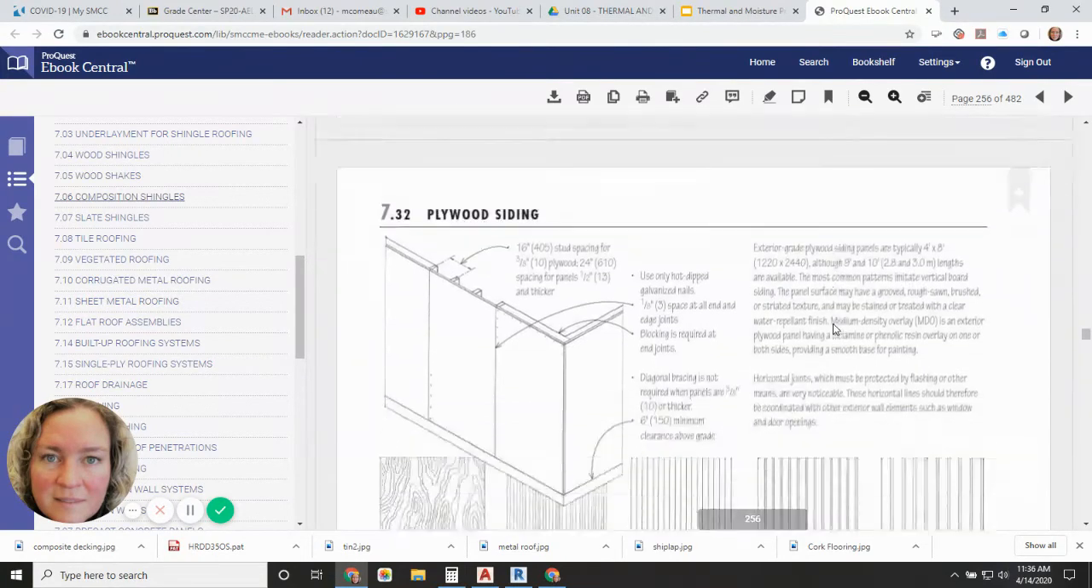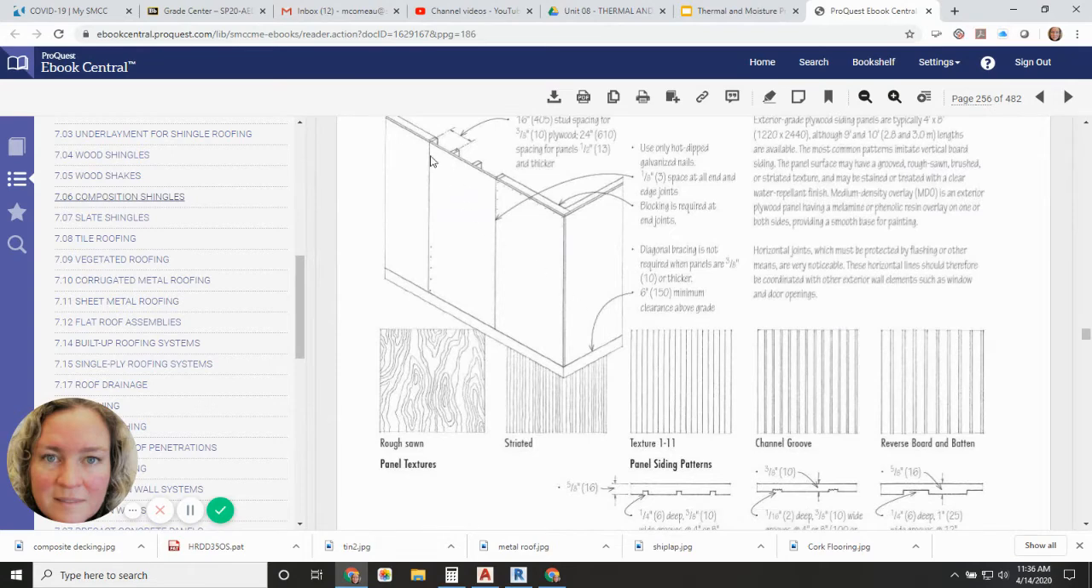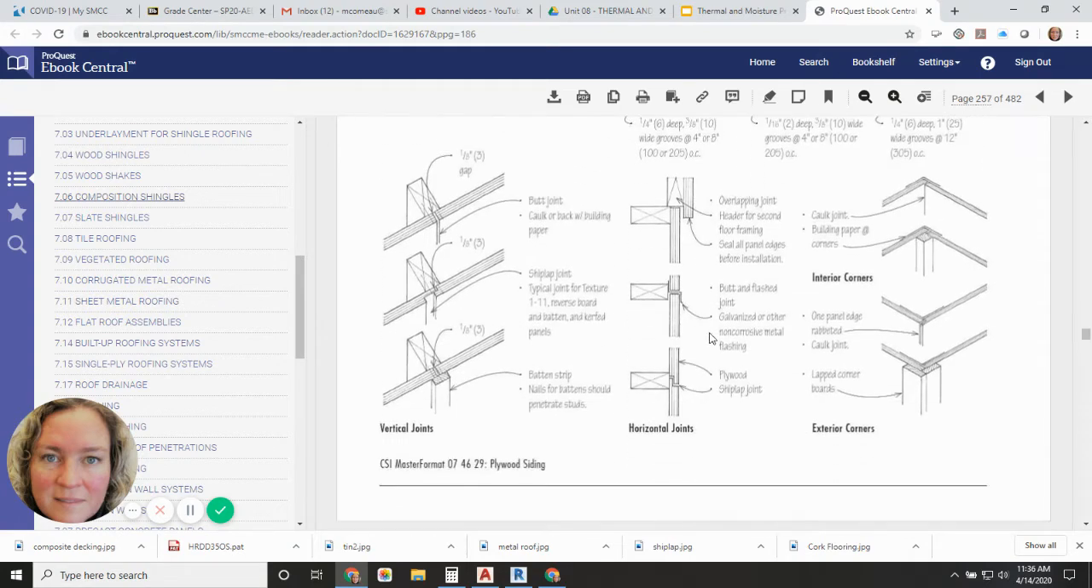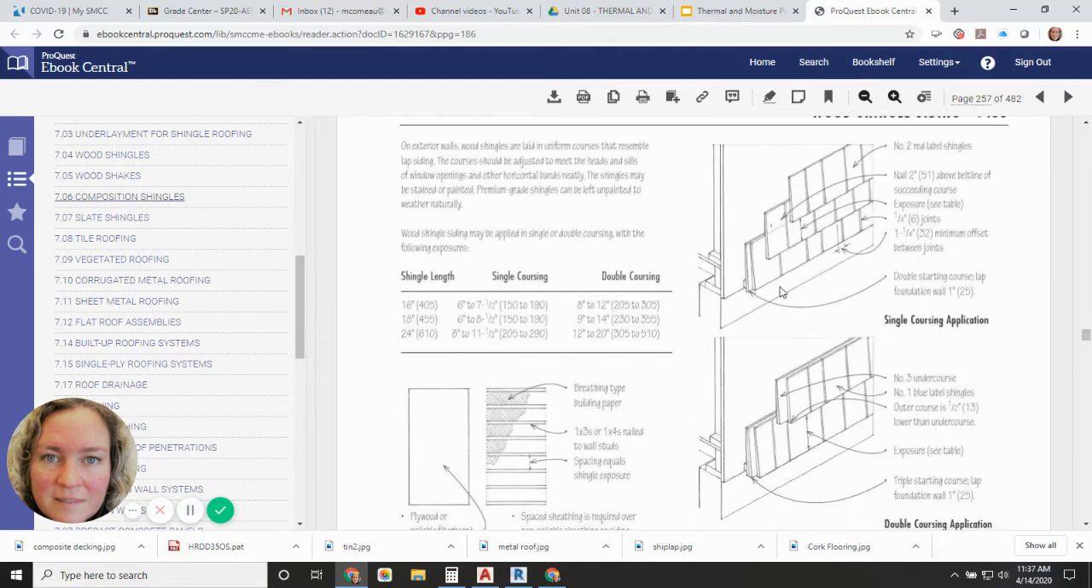All right, so now we're into plywood siding, and this shows you how the plywood siding can be applied to a wall system, and then different types of finishes that you can have: board and batten, reverse board and batten, textured, and how you nail those pieces of plywood to your wall construction. So this is the reason for that spacing for those studs, is to have nailing points for that sheathing. And then your coursing for shingles, it's good to know,